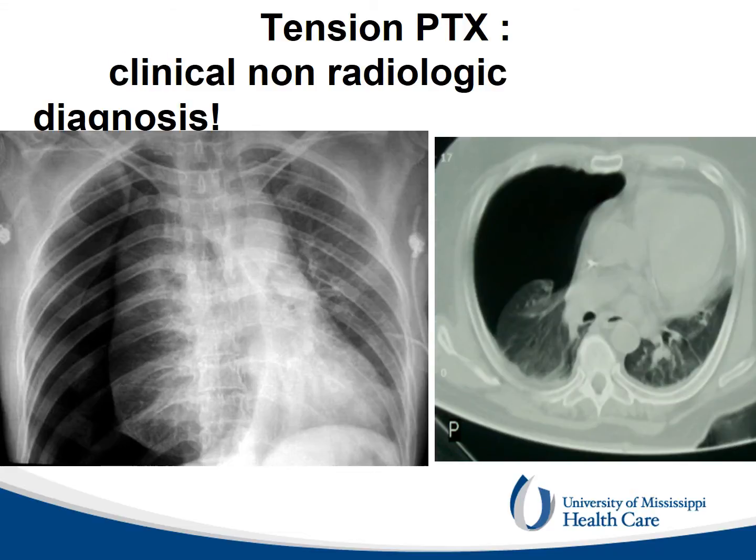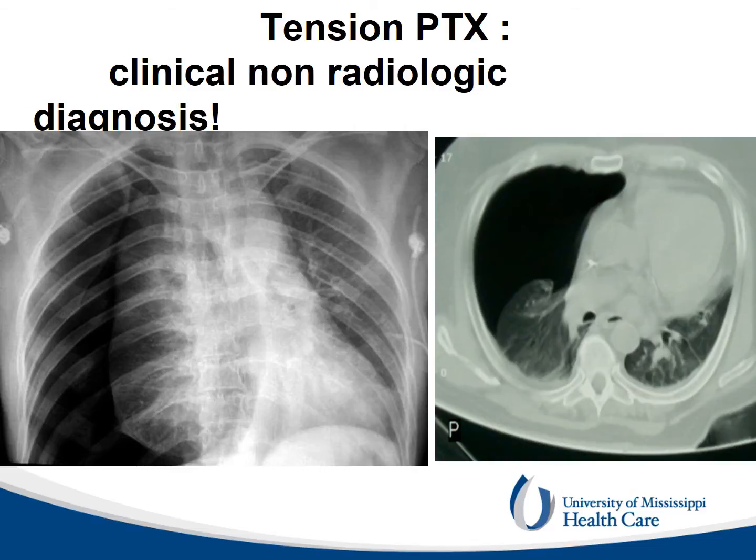In a tension pneumothorax, the intrapleural pressure, instead of being negative as in normal people, or equal to atmospheric pressure as in simple pneumothorax, is positive because of a ball-valve mechanism. This means that progressively more air accumulates in the pleural space and pushes the mediastinum to the opposite side. This mediastinal shift produces distortion and compression of the vena cava and of the trachea, which is visibly deviated to the opposite side of the tension pneumothorax. The reduced venous return produces circulatory collapse.